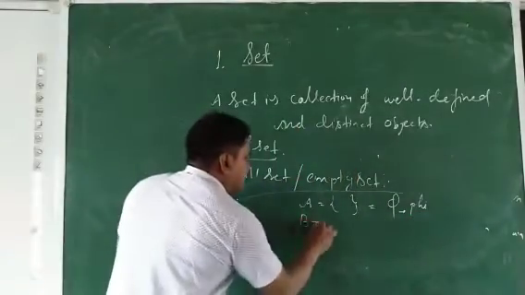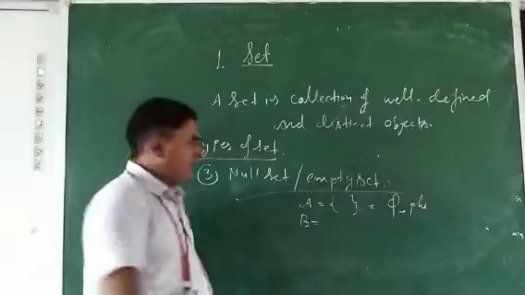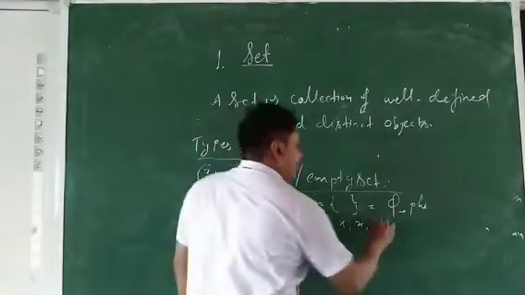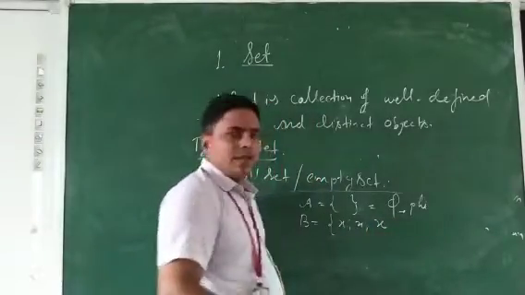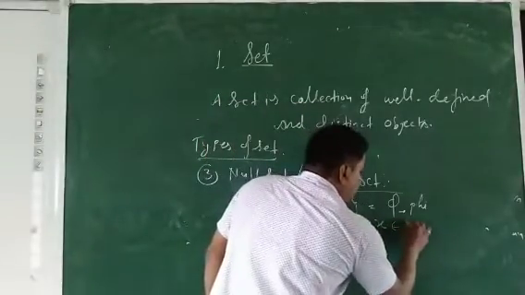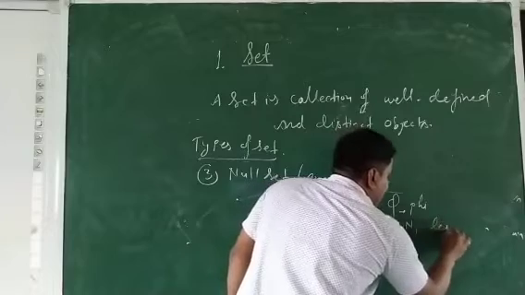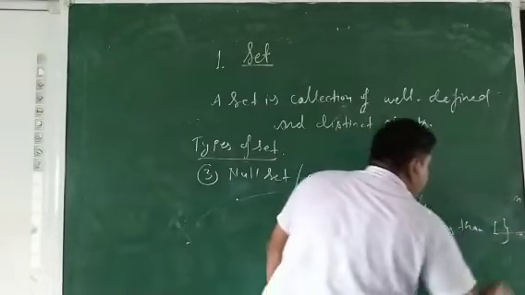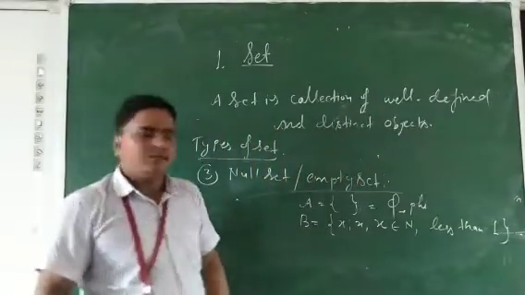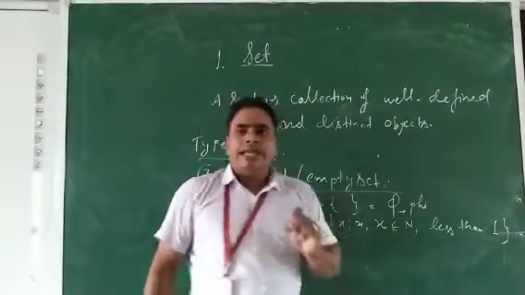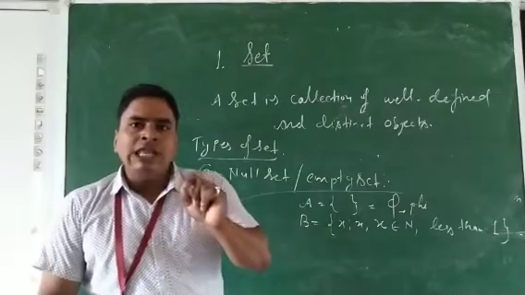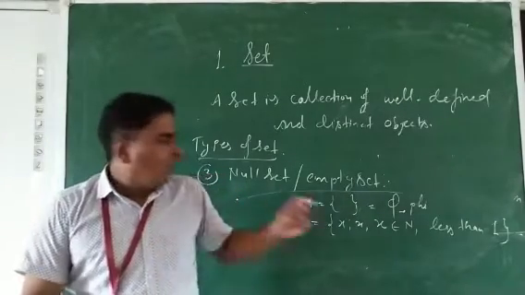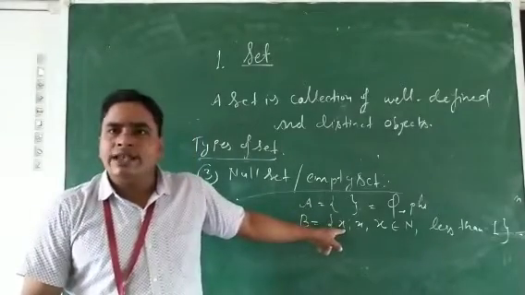One more example we can say that, instead with the form, x says that x belongs to natural number less than 1. So here we know that very well. No natural numbers less than 1. No natural numbers belong to less than 1.